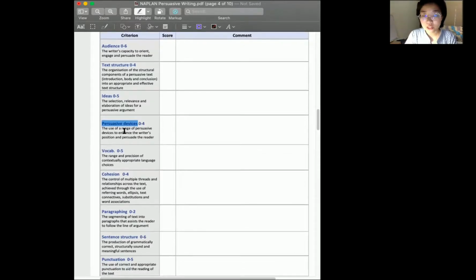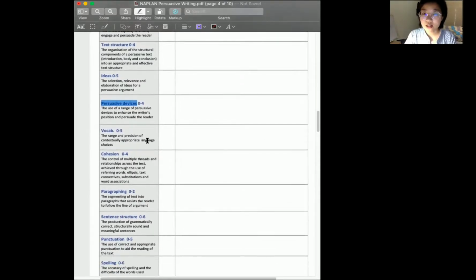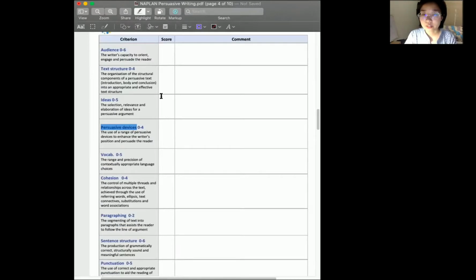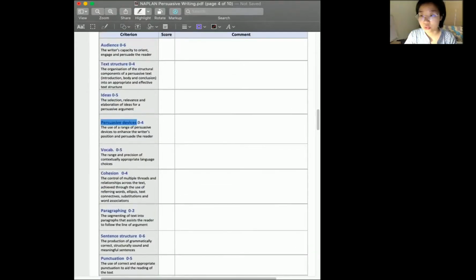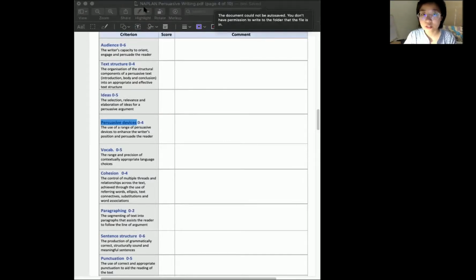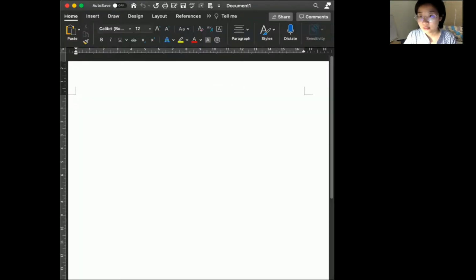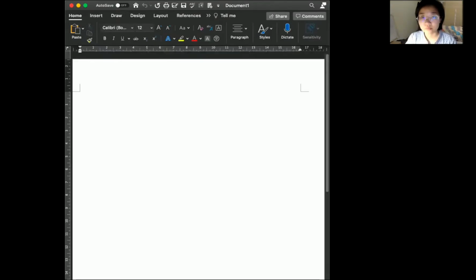Next one is persuasive devices. We mentioned that before, in the text there are many that the person has to use in that argument. And I also want to introduce you to more persuasive devices you can use in your own writing, real quick. So, all right, I said before there are 8 of them, isn't it? So the first one is